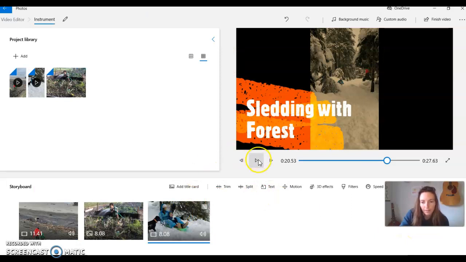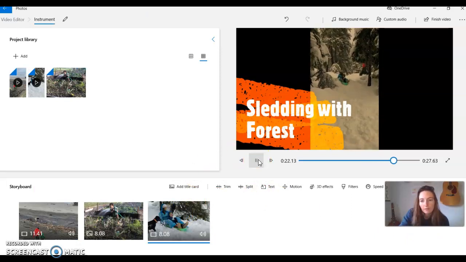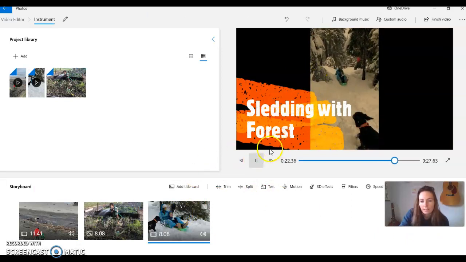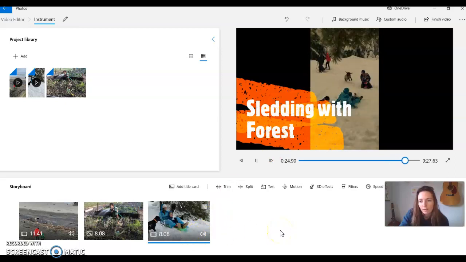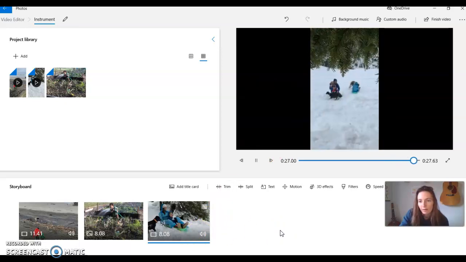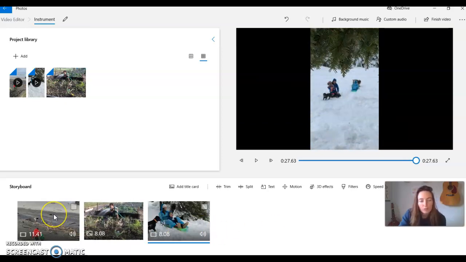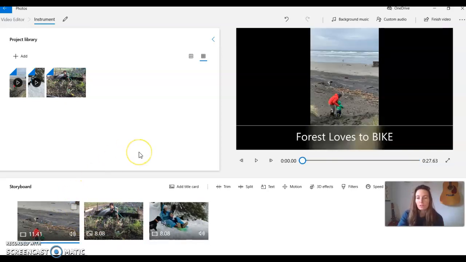And then when you play it, you can see that this text lasts for most of the video and then goes away at the very end. So you could choose to write somebody's name there, whoever's video clip it is, if you want to. You could write the name of your instrument if you have one, or you could write your theme, like Hawaii